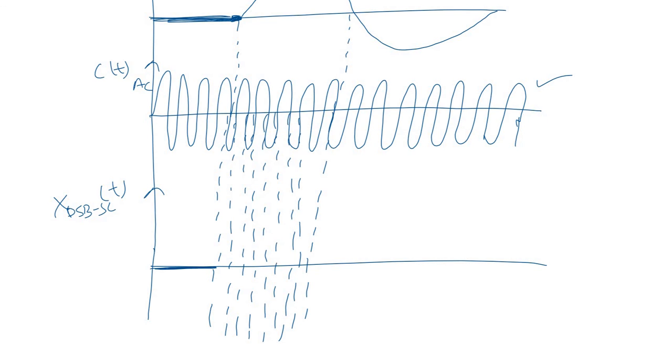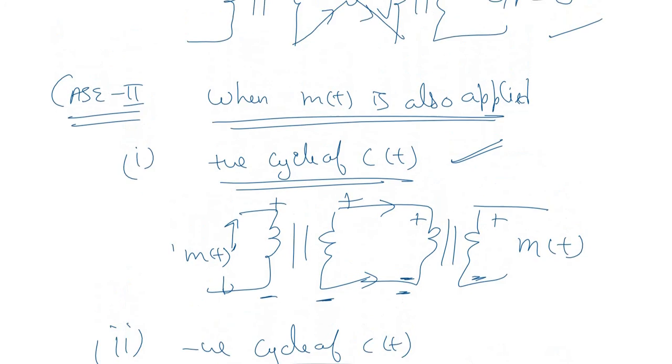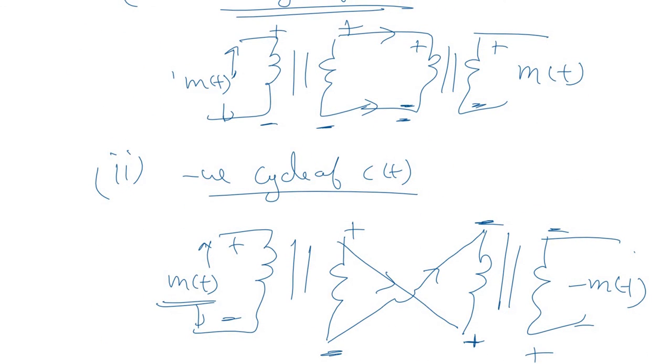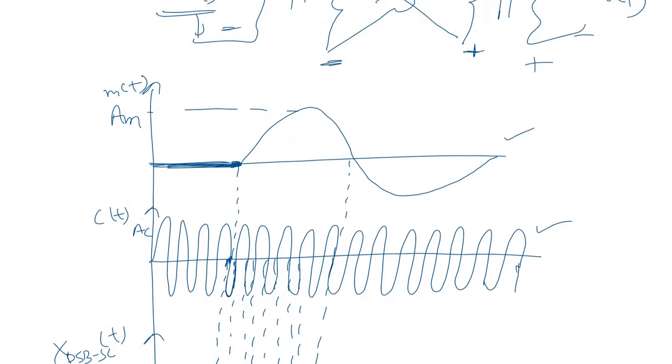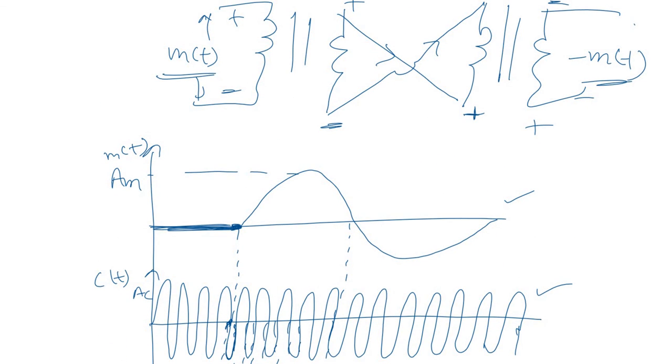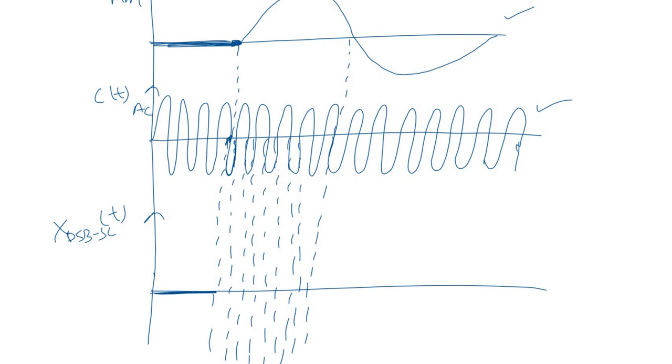Let us check the polarity of the carrier now. Beyond this point, the carrier polarity is negative. Now just look at the case when m(t) is applied and the carrier signal cycle is negative. The output is minus m(t). Whatever is the m(t), the output will be minus m(t). So this is the output, and this is the m(t) signal. For this particular negative cycle, the output will be minus m(t) here. This will be the output, that is the reverse of m(t).